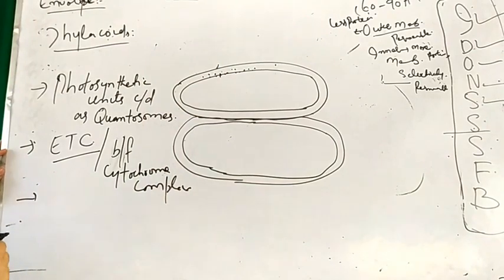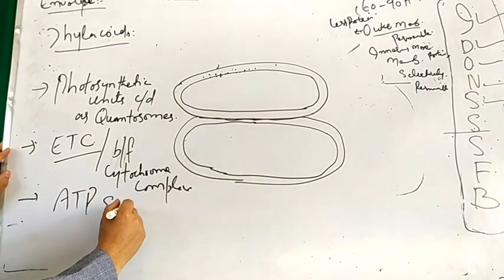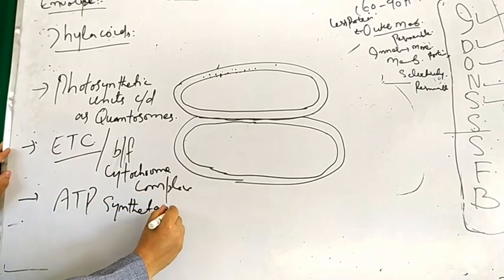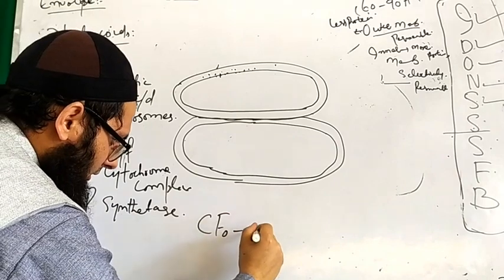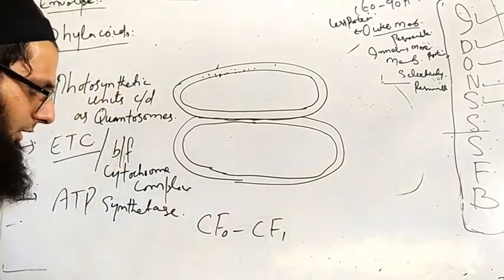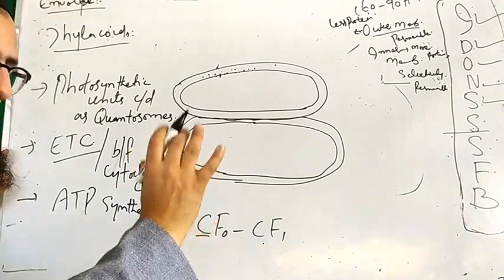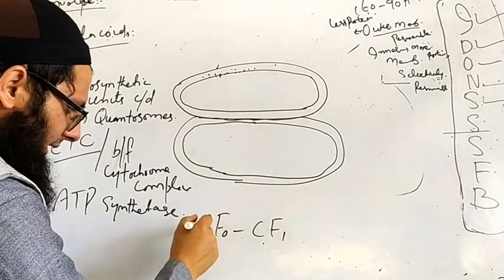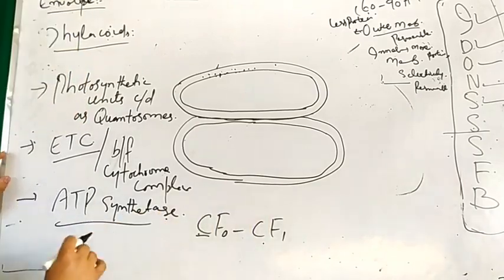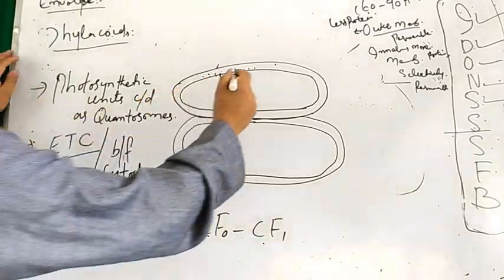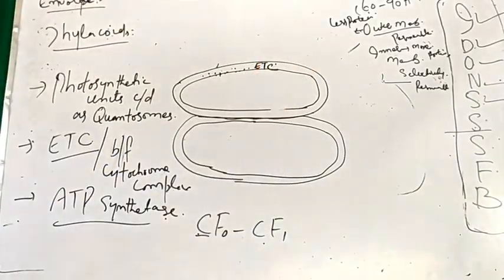And the third thing we do have over here is ATP synthetase, and here we call it CF0, CF1. In the case of mitochondria, we did not use this prefix C. Here we are using it to differentiate it from the mitochondrial one. Here it is actually the chloroplast, that we call C. That's chloroplastal F0, F1, ATP synthetase. So these three things are present where? In the membrane, on the membrane we can say.